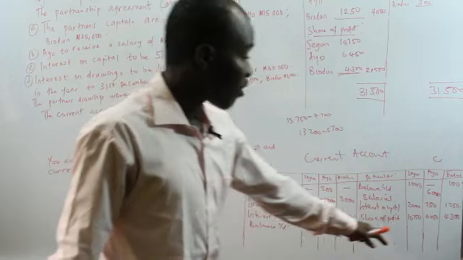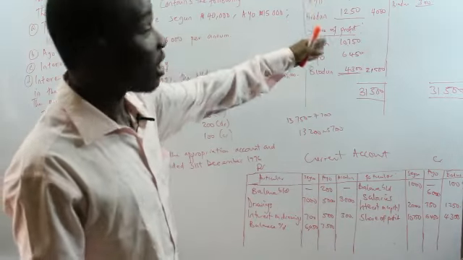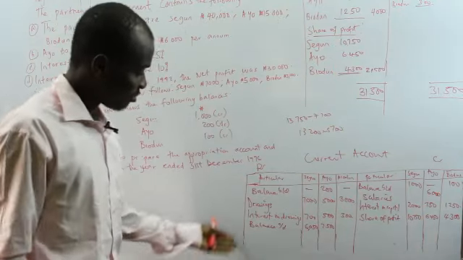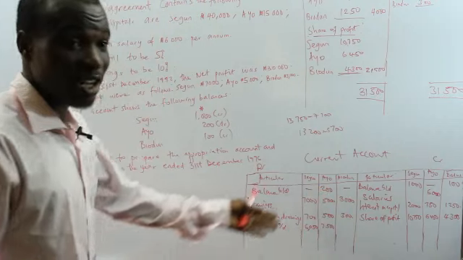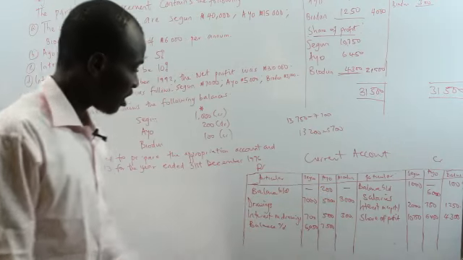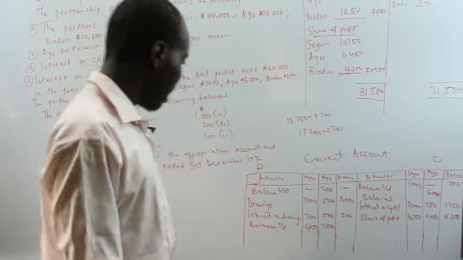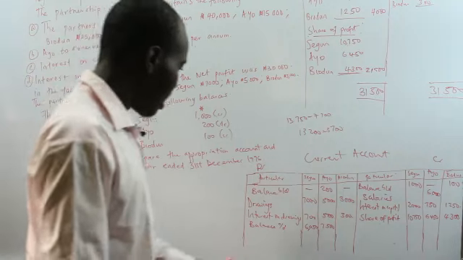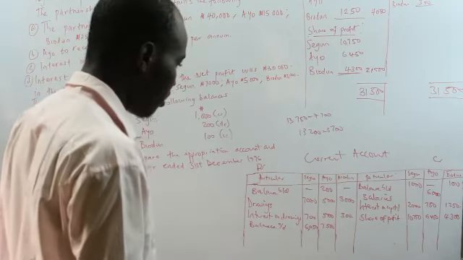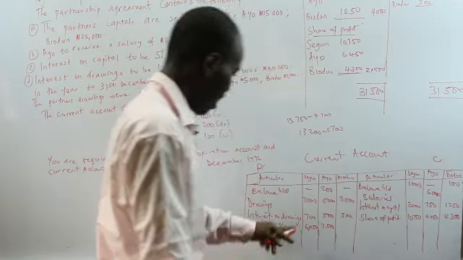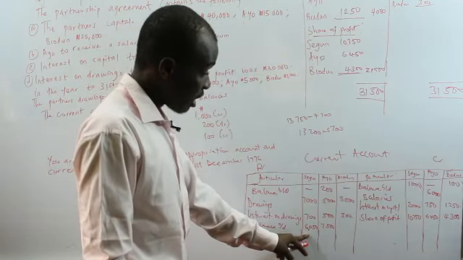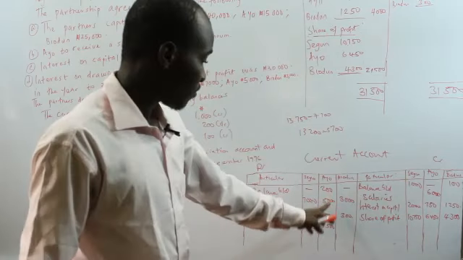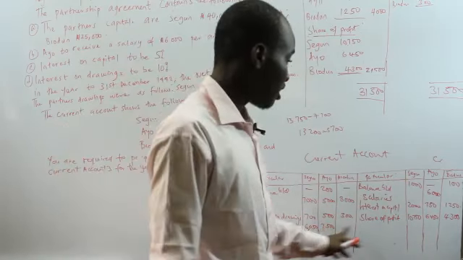So what happens with share of profit within the period? As given by the double entry, debit the appropriation account, credit the current account of the partners. So we have drawings in the period. We're going to debit the current account of the partners, and have interest on drawings, and then we have balance carried down. The balance carried down is this. We've added everything here and subtracted what we have here. That gives us balance carried down in Segun's current account, and we added this and subtracted this from it. That gives us balance carried down in Ayo's current account.